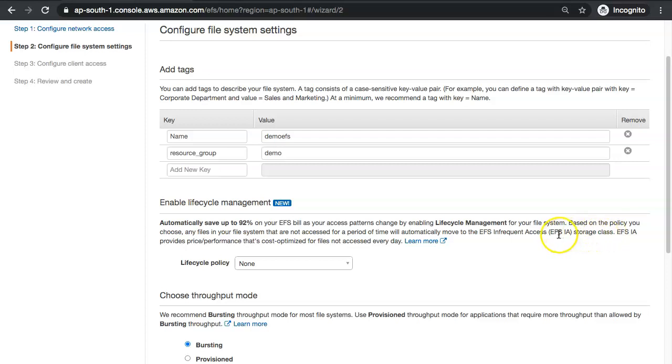As the name suggests, infrequent access is something you should use when you are accessing the files infrequently, and you can save some money. You can save 92% of your EFS bill as your access pattern changes by enabling lifecycle management. So I'm going to select lifecycle policy equal to 7 days since last access. If I don't access any file for 7 days, then those files will be moved to the IA storage class.